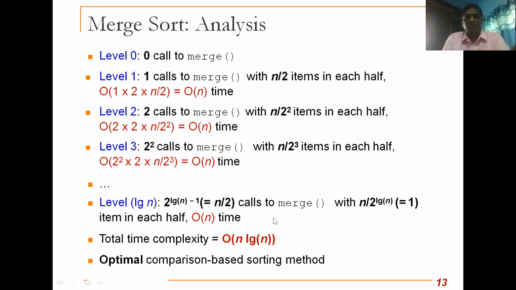So there will be no change. We divide every list into two halves again and again until they are divided into single element lists. Therefore, the best case, worst case, and average case time complexities of the merge sort algorithm are going to be the same. What is it? Big O of n log n. So this is the analysis of the merge sort algorithm.